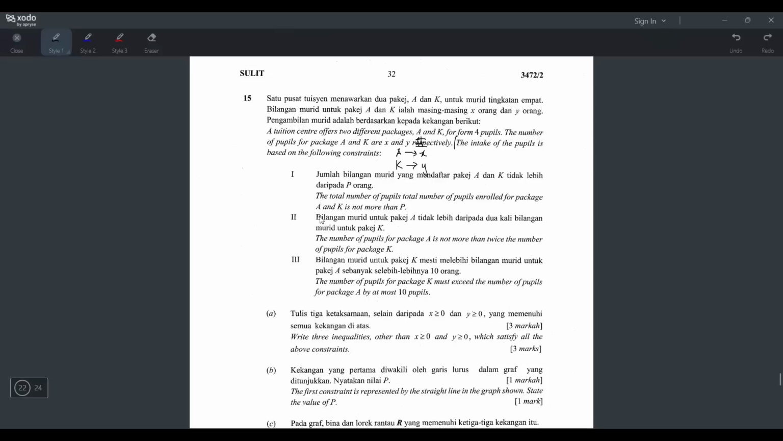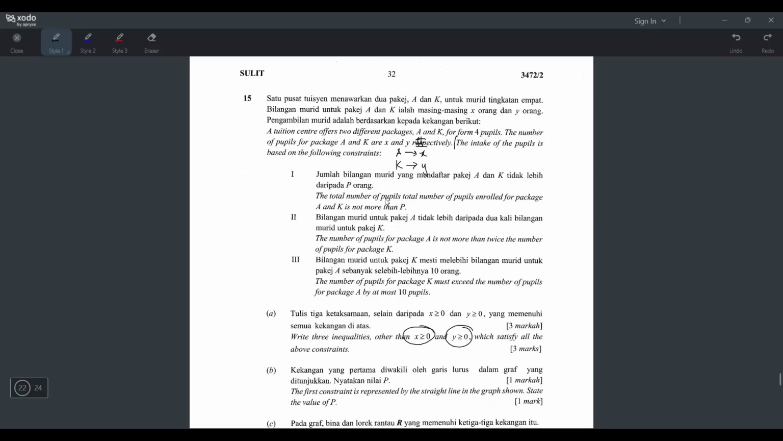Okay, let's baca A first. So A says write three inequality other than X greater than 0, Y greater 0, which satisfy all the constraint. Okay, why they mention X must be bigger or equal 0? Because XY is number of student. Number of student mana ada negative. So confirm has to be bigger or equal 0. Okay, so first inequality, the total number of pupil enrolled for package A and K is not more than